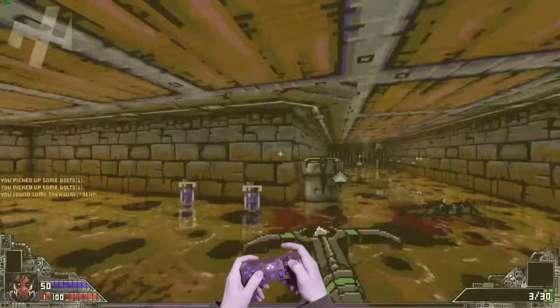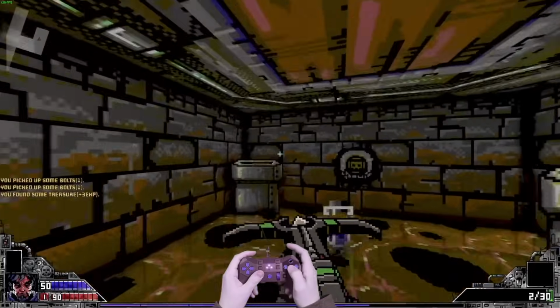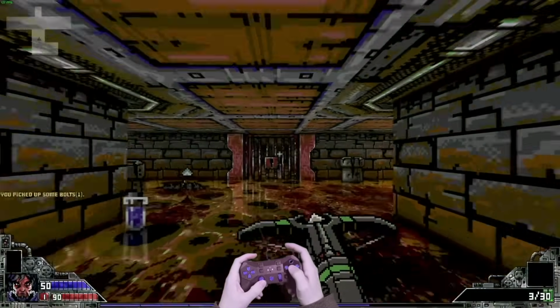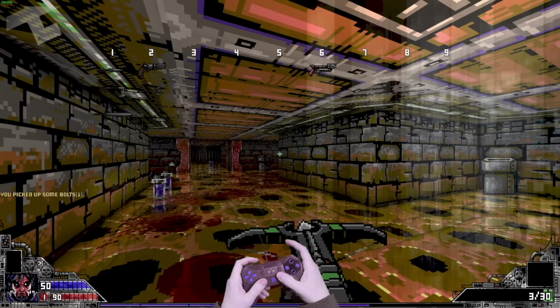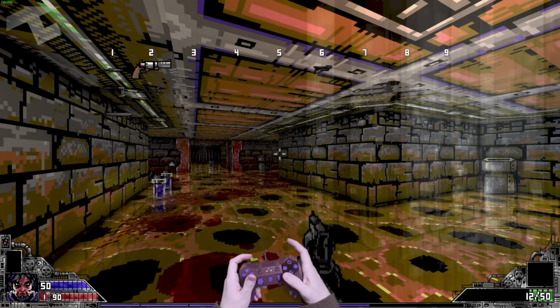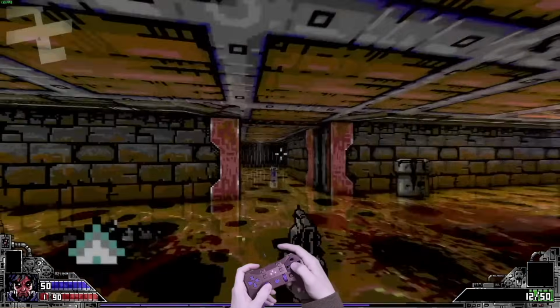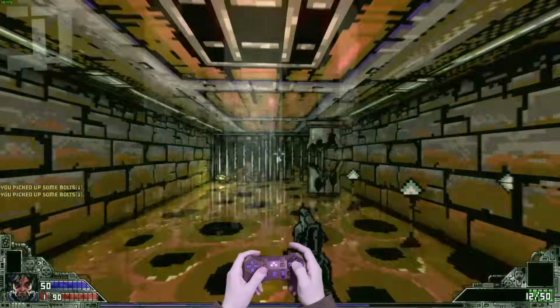And then the last thing about it that I don't like, well, two more things. Another thing that I don't like is the scroll wheel. I think the scroll wheel is great, but let's say that I have a weapon, you use it for your weapon wheel. Let's say that I have a pistol and then a shotgun and then a sniper rifle, and I want to go from my pistol to the shotgun. A lot of times I overshoot. This might just be a practice thing, but a lot of times I overshoot and I end up on the